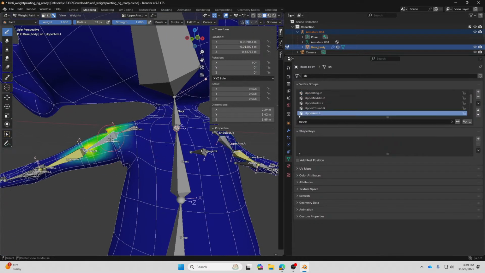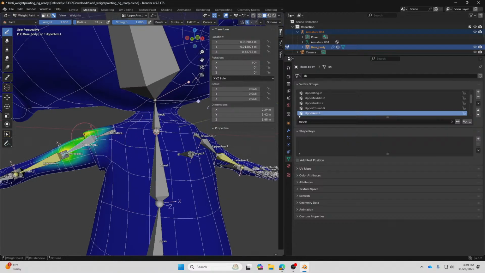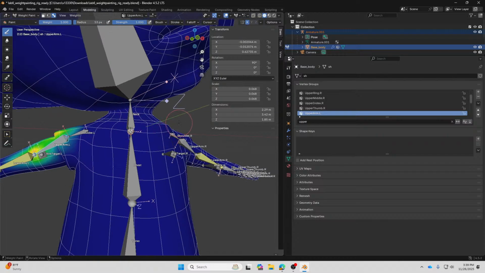When I click on upper arm L over here, it's going to mirror to the other side as well. So with a symmetrical character, when you try to correct the weight paint, remember to turn on these buttons in the weight paint mode and topology mirror, so that it flips to the opposite bones. Right to left and left to right.